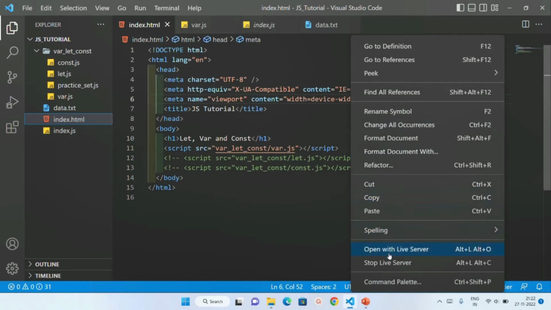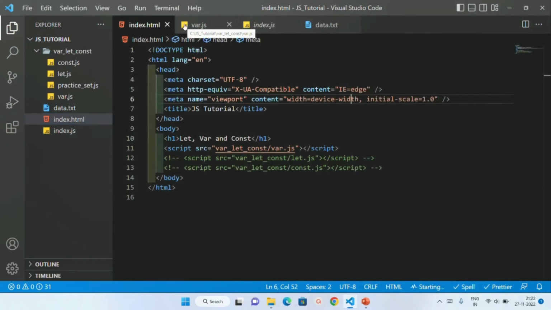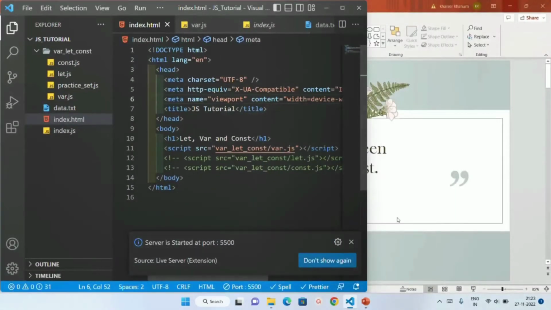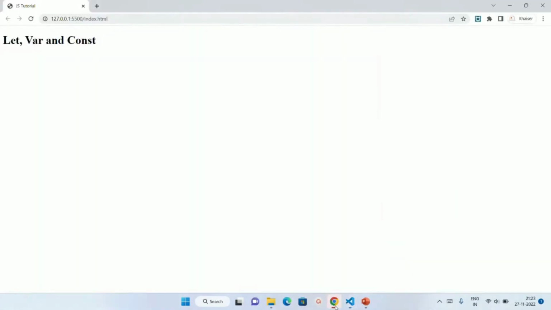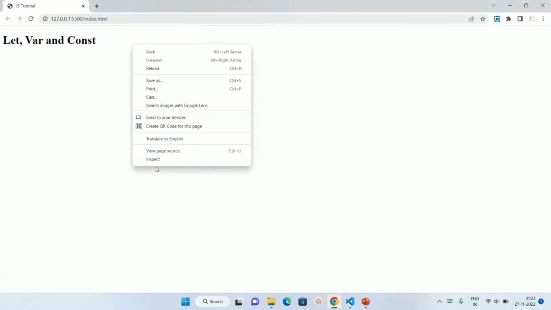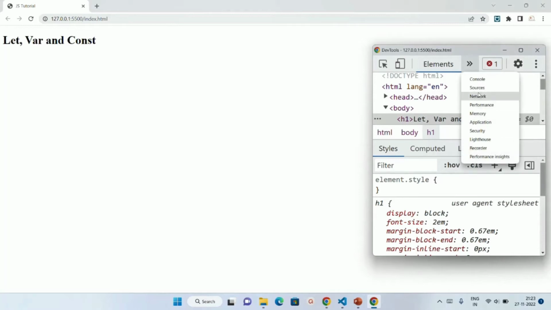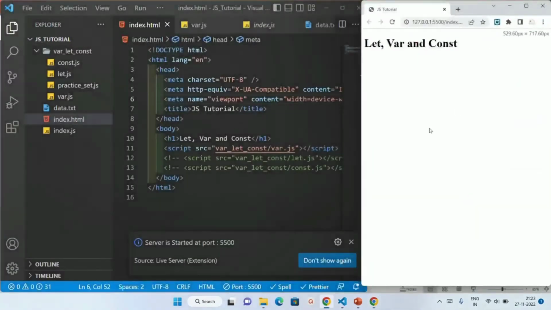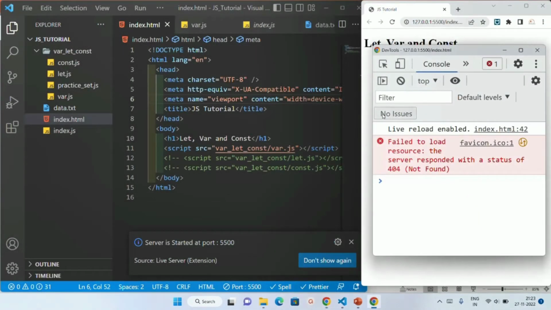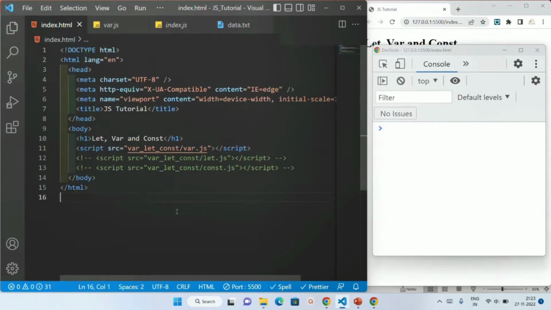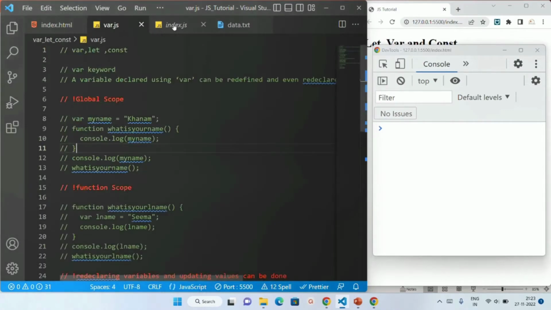Okay, instead of that, let me just open the live server. Okay, my live server will be opened. I'm just going to adjust my document here. Okay, my live server is opened. Now I'm just going to open the console. My console is also opened. Okay, this is my console. I'm just going to clear that one. Now inside this